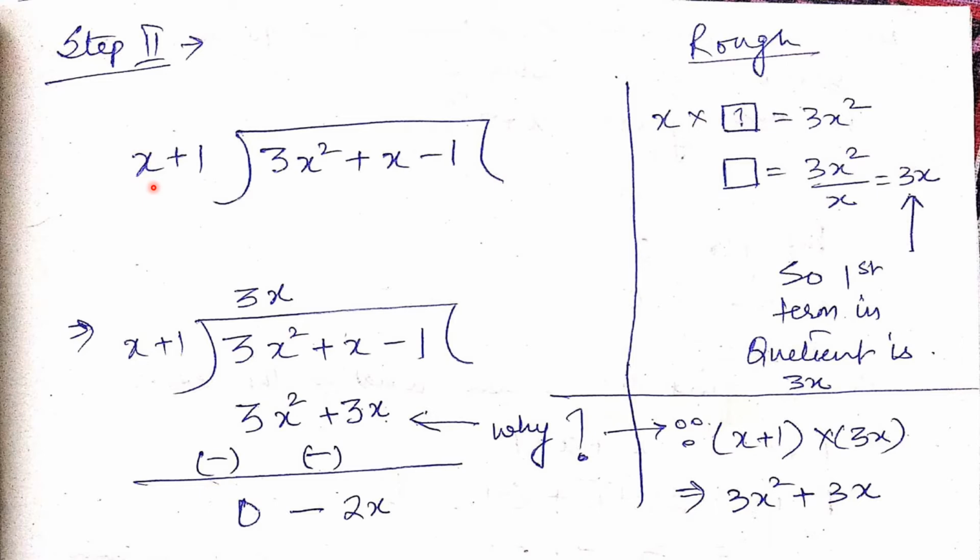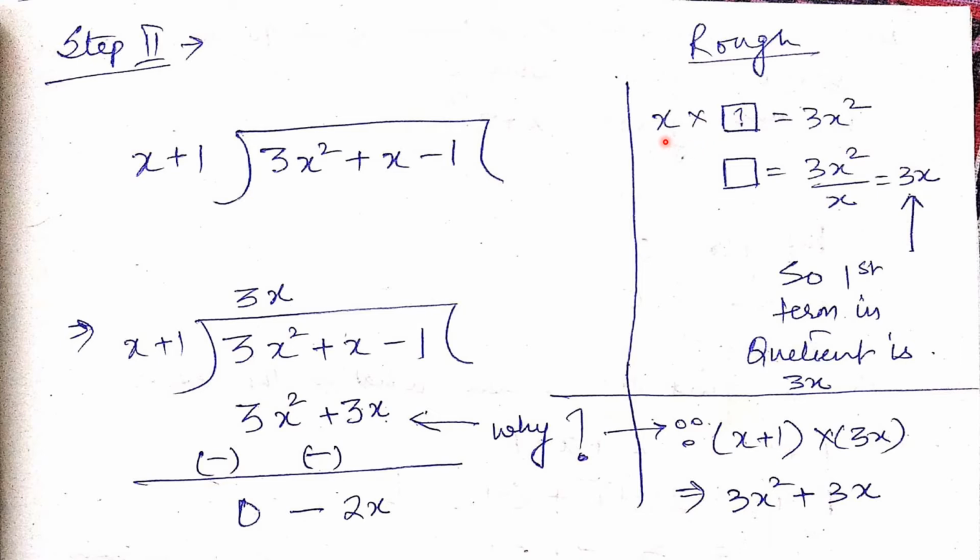Now it is just like the simple division that we have done from our childhood, but a little bit of attention is required. So first see this x and this 3x square. Think of what number should be taken as quotient so that we get exactly the same number, 3x square. For this I have shown you a hint. You can use this for some time. After that, when you become habitual, you can find it yourself without rough work.